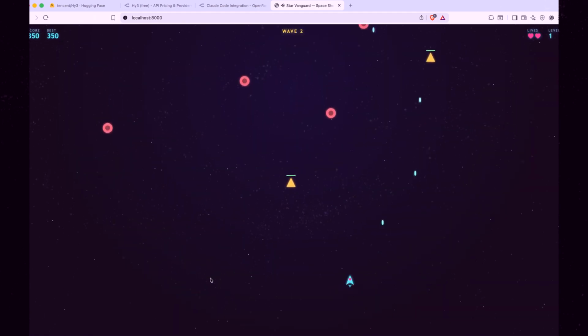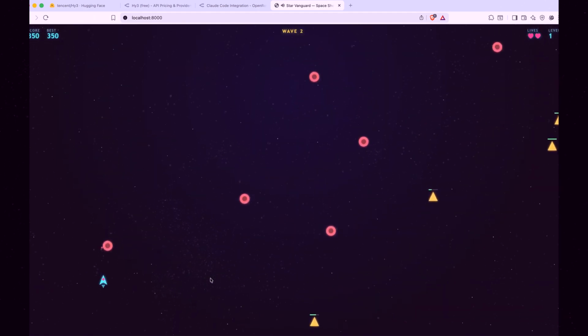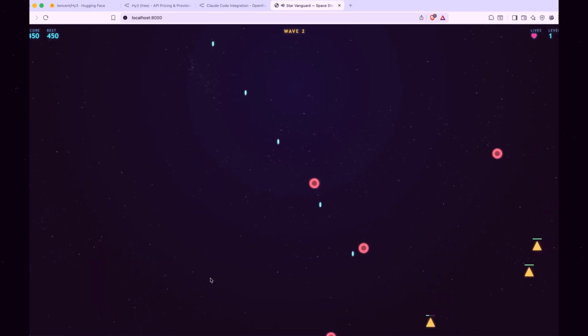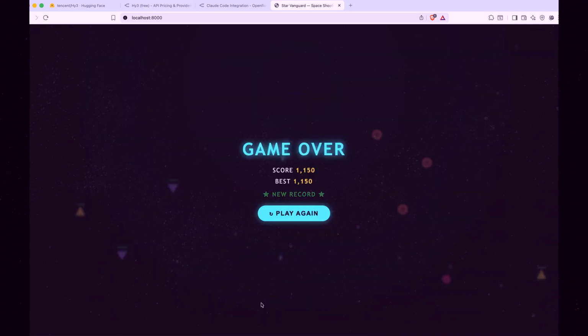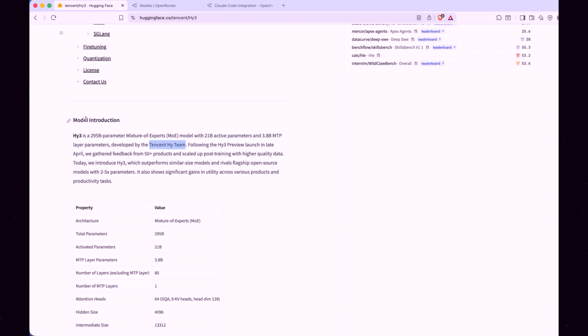Comparing its performance tests with top models makes everyone eager to try it. First, we will explore how to set up this integration in both Claude Code and Visual Studio Code. So let's get started. The intro notes HY3 is a mixture of experts model, which routes tasks to specialized parts,